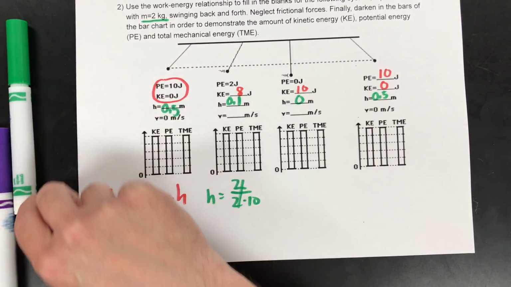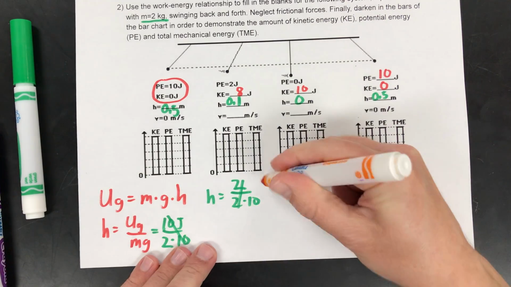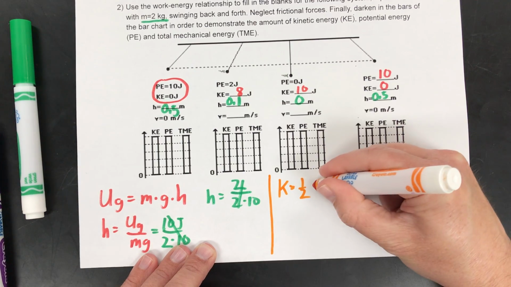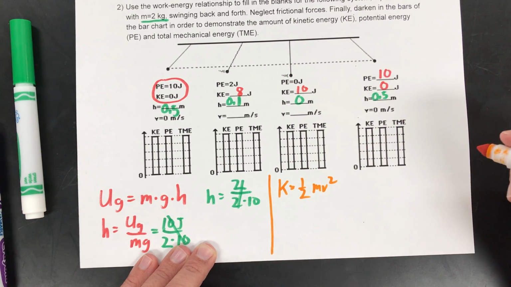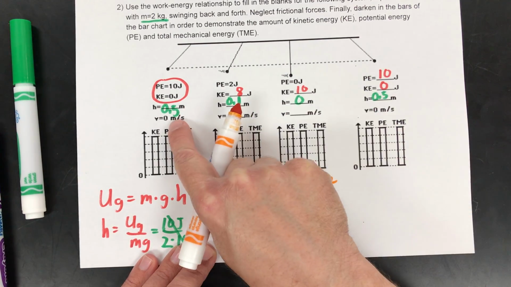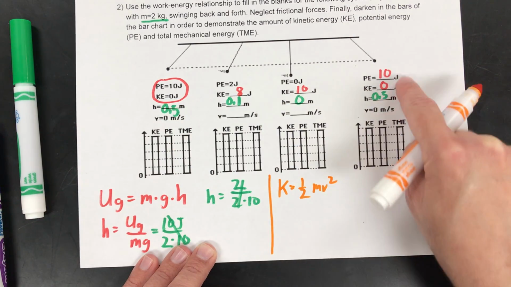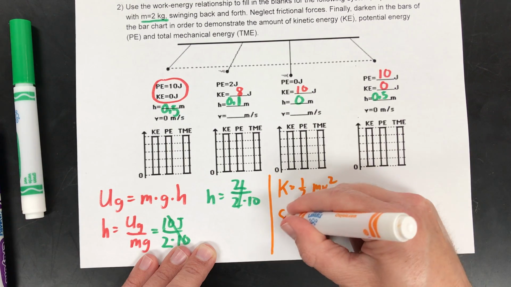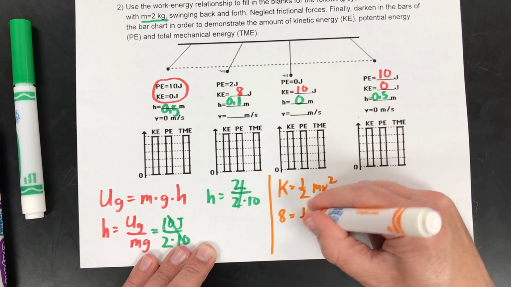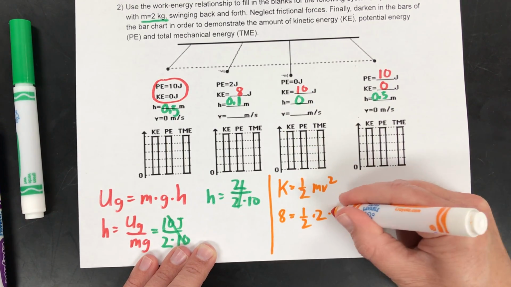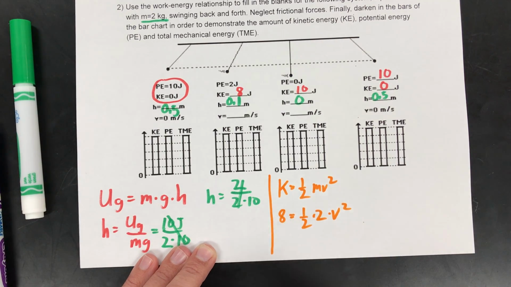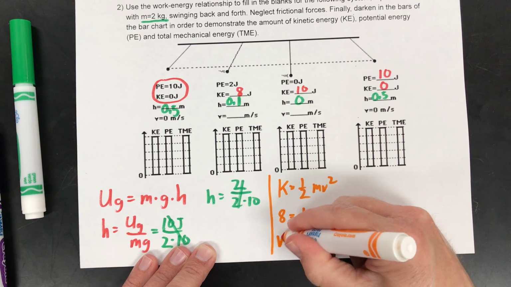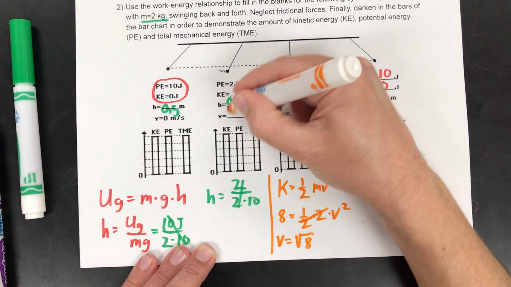Now for the velocities. To solve for the velocities, let's divide this page up. We're going to use the kinetic energy equation. Kinetic energy is 1/2 mv squared. So here we don't have any kinetic energy and no velocity. Same thing on this end. But over here we get 8 joules of kinetic energy. So let's plug that in there. 8 equals 1/2, the mass is 2, and we're solving for the velocity. This half and the 2 will cancel, so v will be equal to the square root of 8,